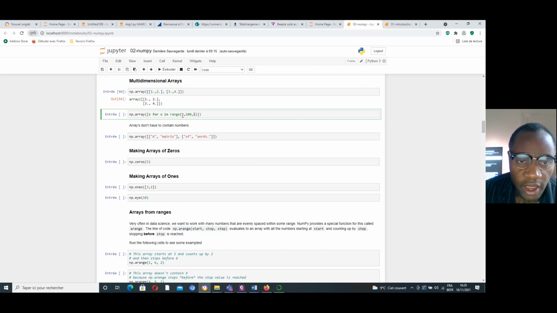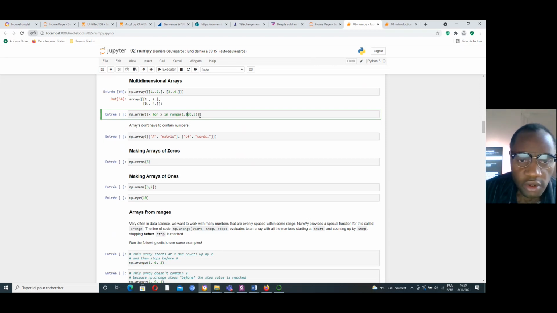I can imagine the first number is 1, the second number is 1 plus 5 because 5 is the step, so 6. The third number is 11, because every time we add 5 to the previous number, up to 100. Then we need to exclude 100.